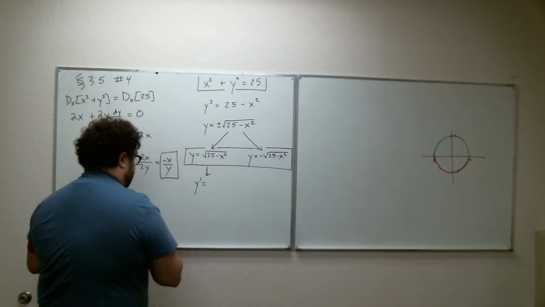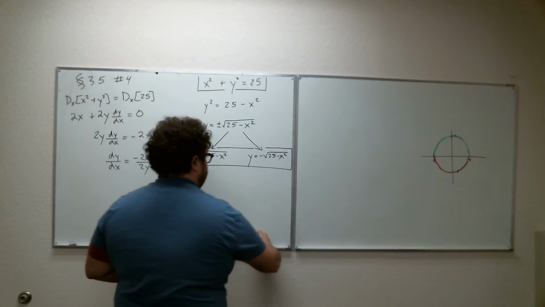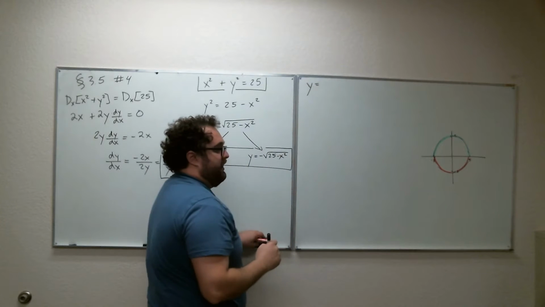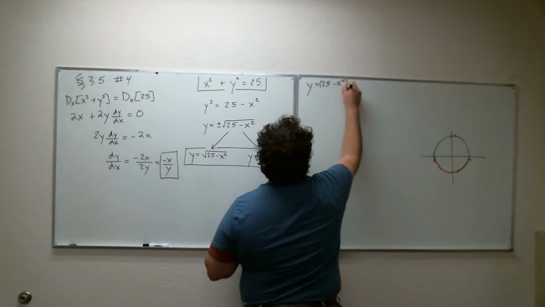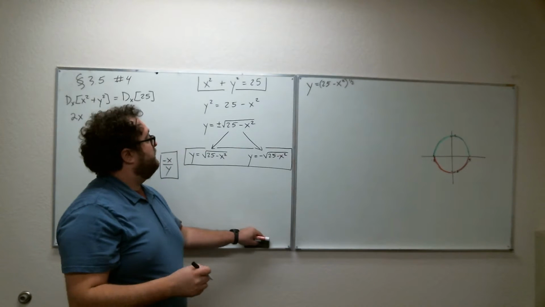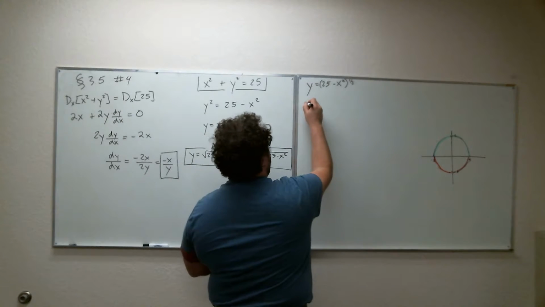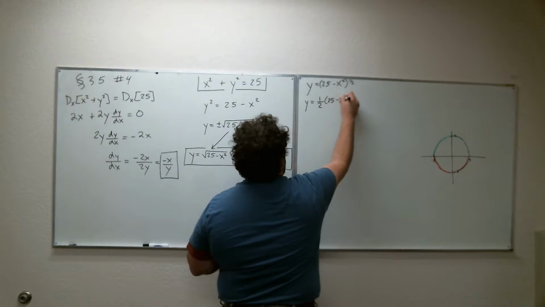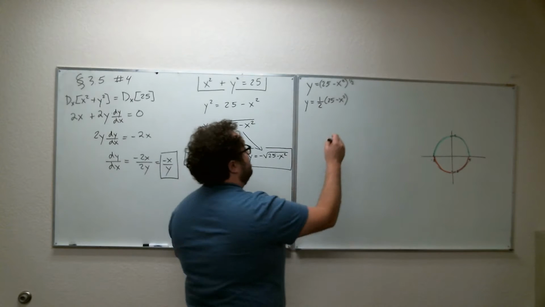Okay, in fact, I will do these derivatives on the other side to give us a little more room. So let's do this over here. Actually, let's rewrite y first. Y is 25 minus x squared to the 1/2 power. That's just writing this in exponential form instead of radical form. Now y prime, using the chain rule, is going to be 1/2 times 25 minus x squared raised to the 1/2 minus 1 power. 1/2 minus 1 is negative 1/2